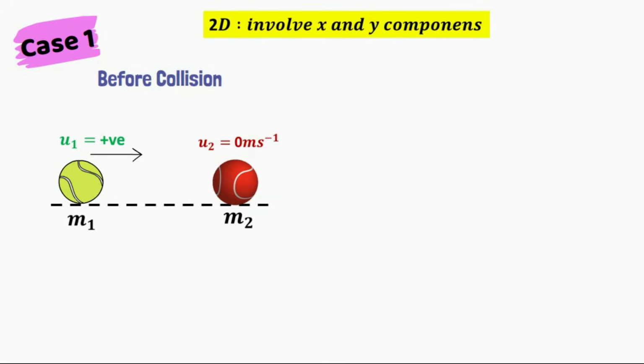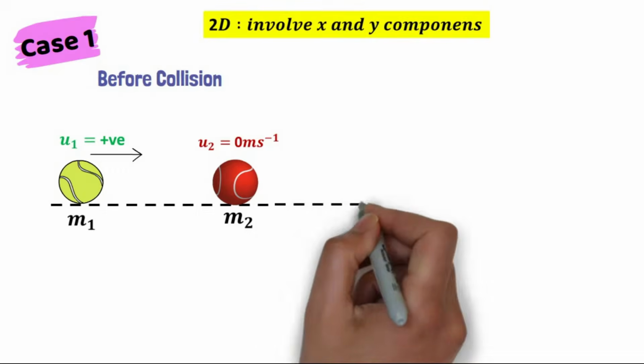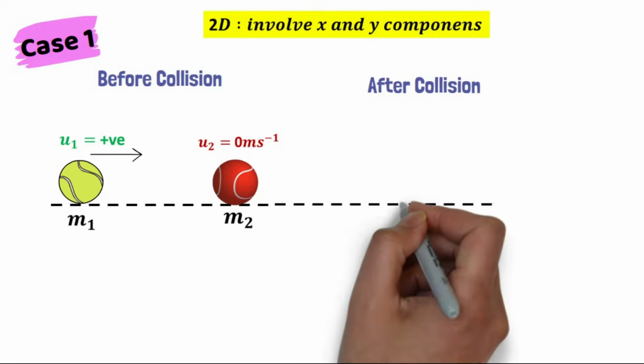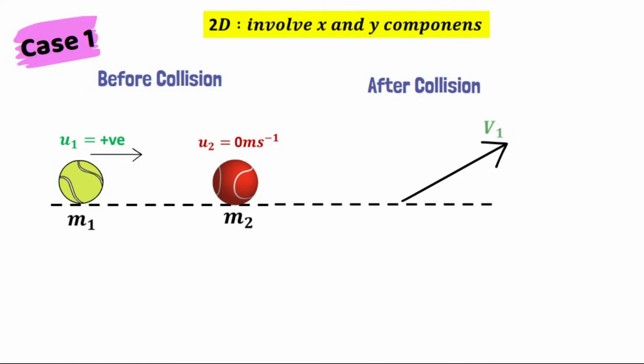And M2 is stationary, tidak bergerak. So, U2 is equal to 0 meter per second. And what happened after collision? Let's say after collision, the question state that mass 1 is moving in a direction of V1 seperti yang ditunjukkan